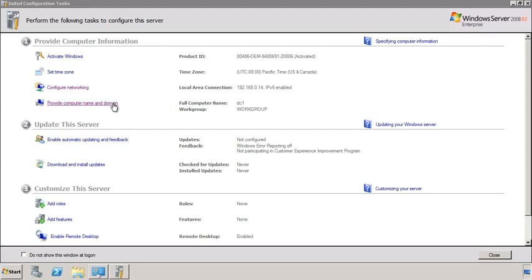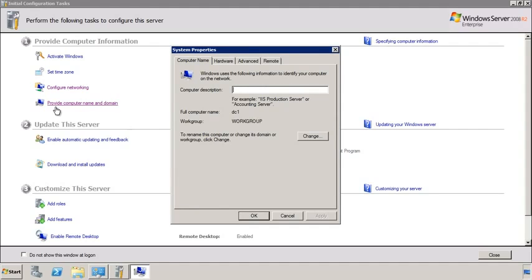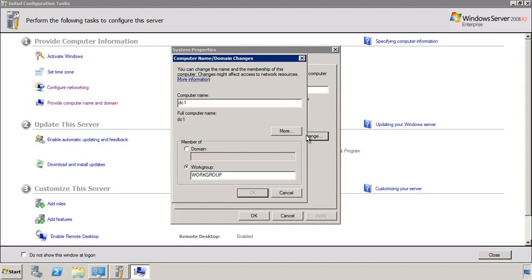to change the computer name. If I go into here, notice that I have already set the computer name to DC1. Changing the computer name does require a restart. I would recommend changing the computer name and rebooting the server before promoting the server to a domain controller. If you change the computer name and don't reboot the server, this may cause some problems with promoting the server